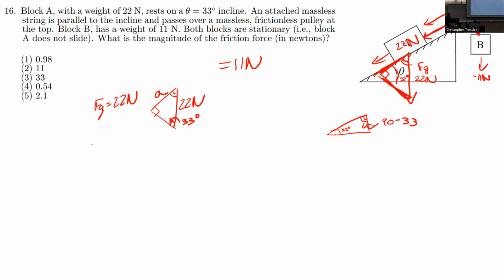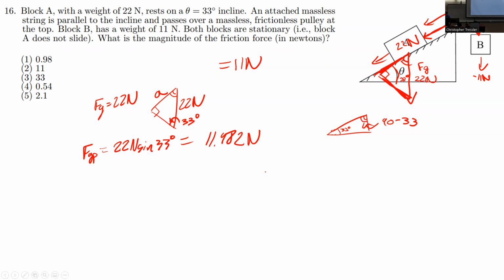Sine? You guys in agreement with sine? Okay. So we're going to say force of gravity in the, I don't know, what do you want to call this? The pulley direction, I guess. The pulley direction is going to be 22. Slope direction, pulley direction, doesn't really matter. We're going to say 22 newtons sine of 33 degrees, which is equal to, if I do that real quick, times 22, I got 11.98. So 11.982